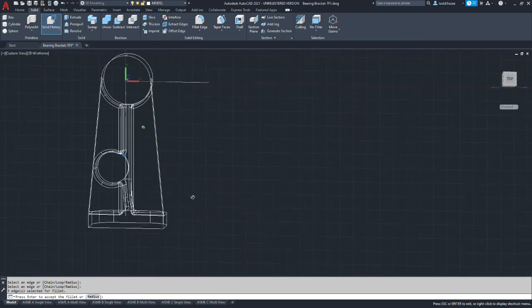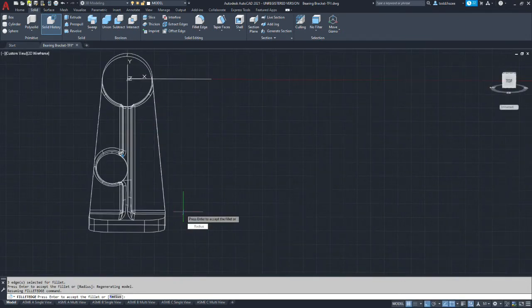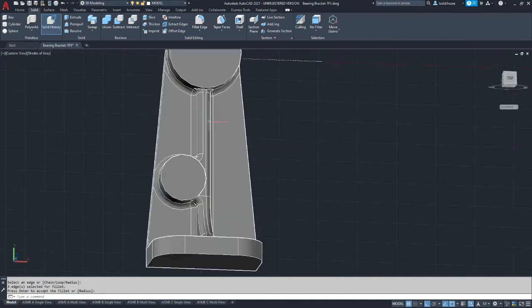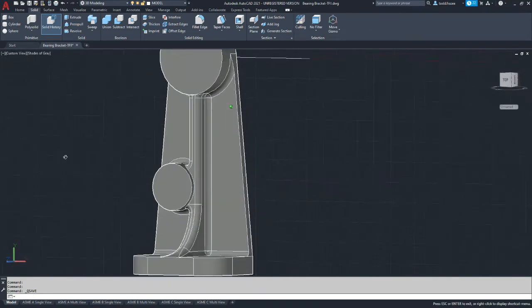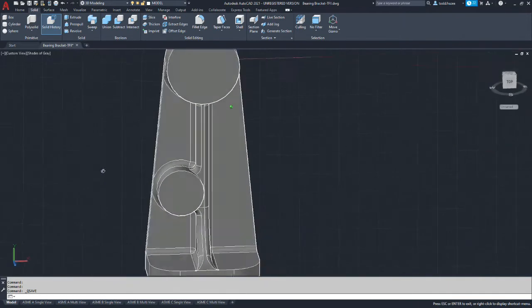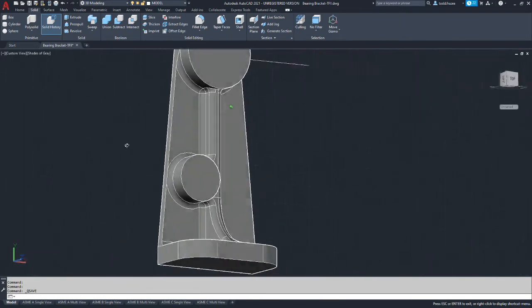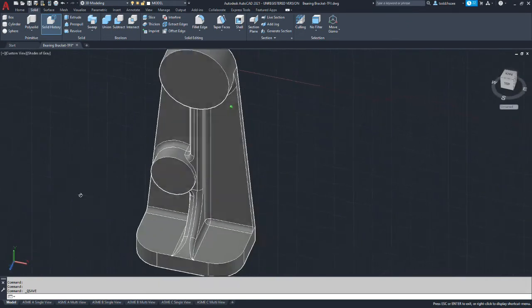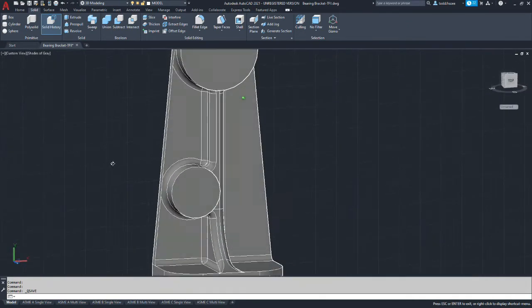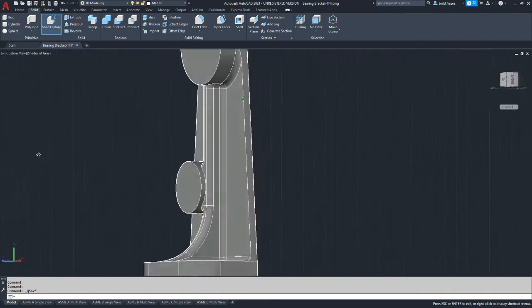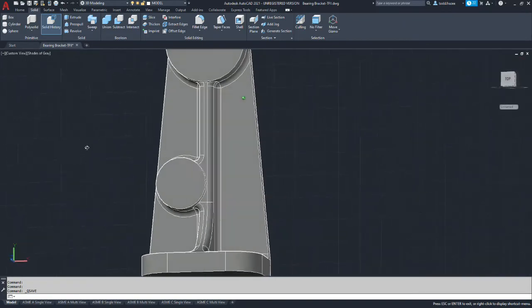Alright, let's look at it quickly in shaded view. I'm going to save first. Hopefully it regenerates. So we got our fillet there. And we're going to save before anything can go bad. Alright, so the rib itself has all its fillets, and all of the positive features on the model have their fillets. Now the challenges are exterior fillets.